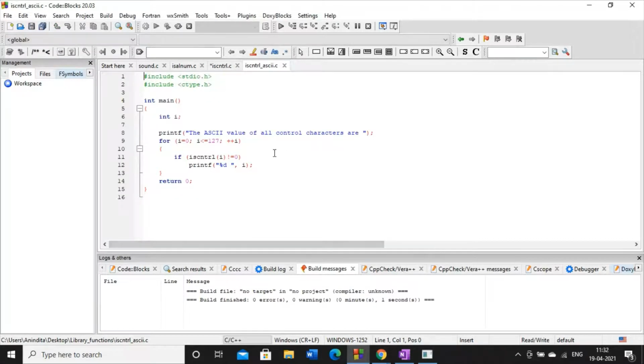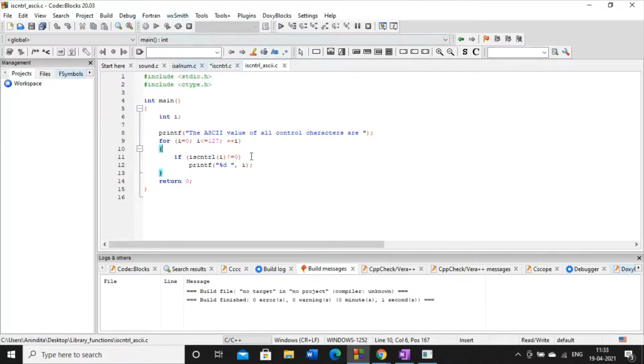See this code. In this code, I have used the ctype.h header file so that I could use the isControl library function. I have created one loop from 0 to 127 so that I could print the ASCII values of all the control characters.